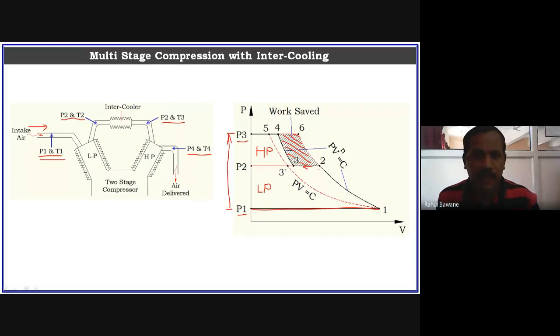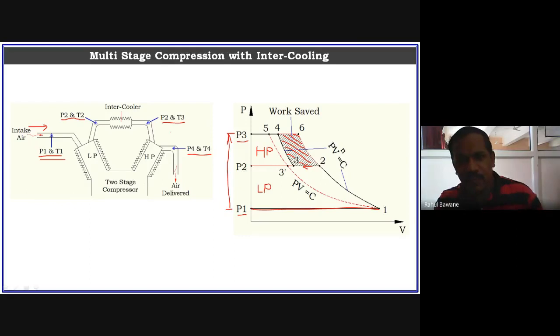But where we have to maintain a proper temperature, only then do we go for liquid cooling or a refrigerating cooling system. Definitely there will be a power loss to run that intercooling system, but that power loss is not as much as is required for a single stage. Suppose multi-staging reduces your power by 10%, but the intercooler absorbs power of 2%. So ultimately how much do you save? 8% you are definitely going to save.